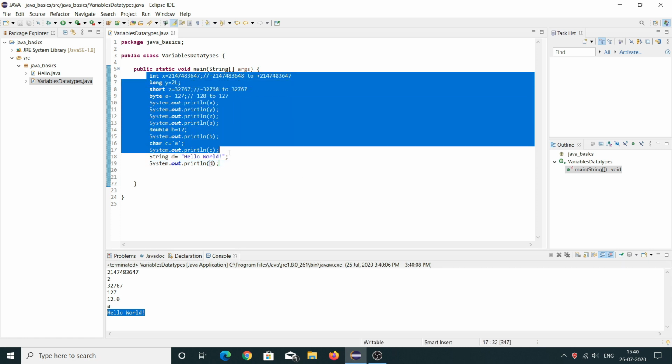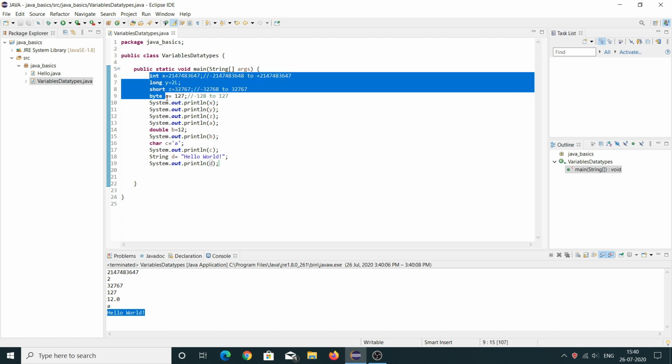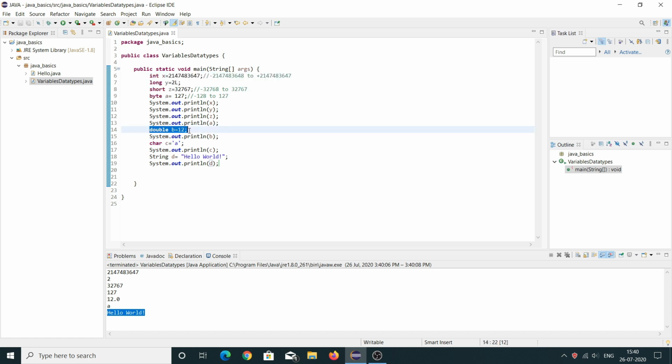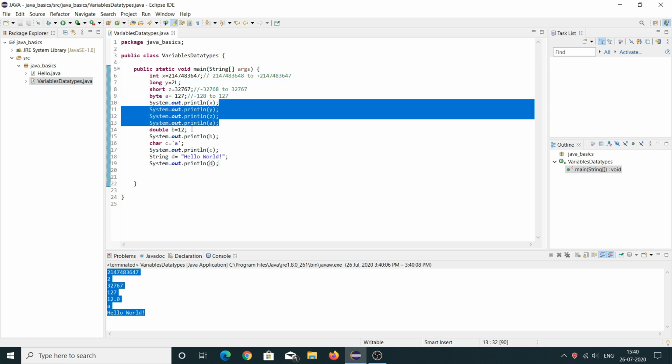So these are some basic data types that Java provides us, and today we learned about integer data types, the data types that store only integer values. For decimal we have double, and for characters and strings we have char and string. We also learned how the interpreter works line by line. You can also see by this result, it has compiled and interpreted the program line by line. First this is printed, then this, then this, then this, in the order we have given.